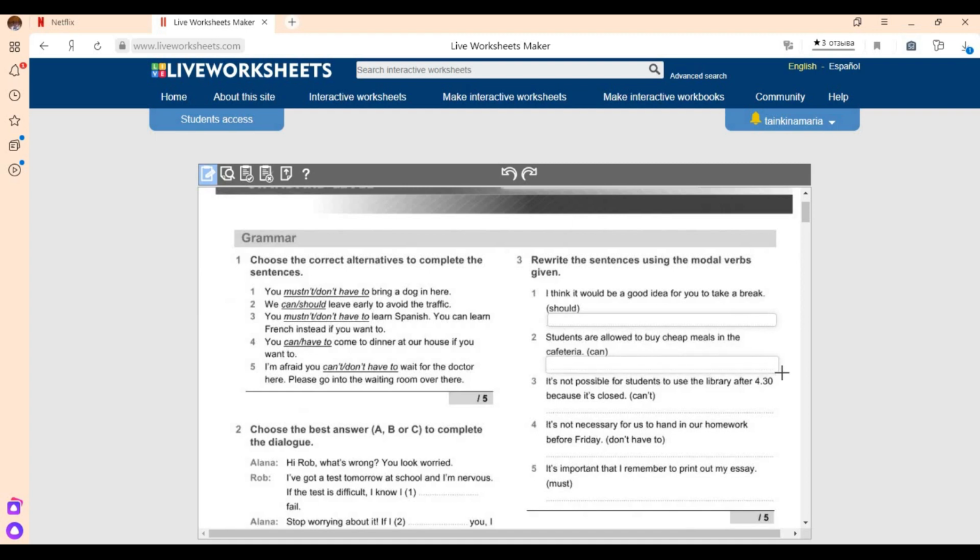What is especially good in this website is that you can have it corrected automatically. But if you want to make it work, you have to make sure that you fill in those boxes with the correct answers in advance. And then when your students do these exercises, if their answers match your answers, then it's shown as correct. If not, then incorrect. So, for example, here I can type,